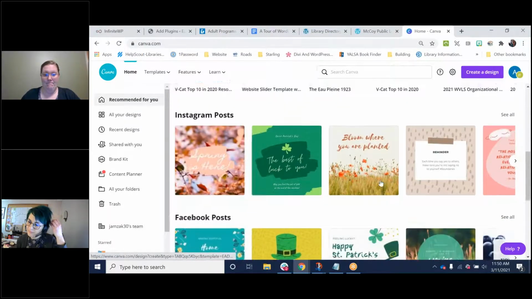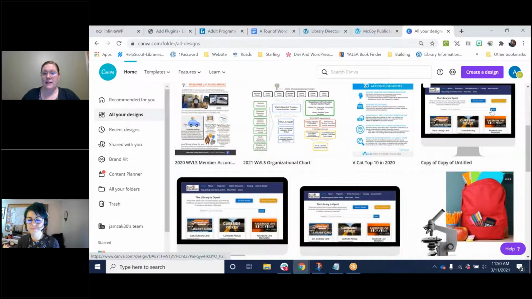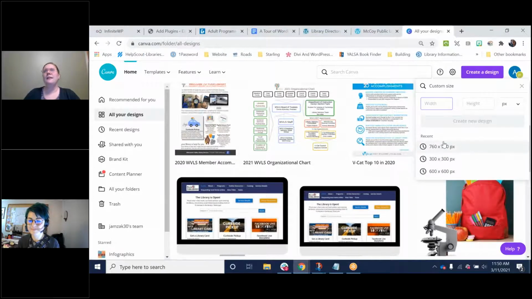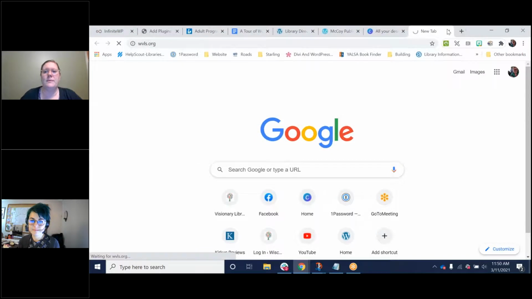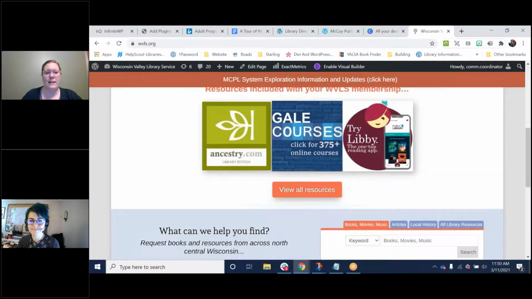All the time, I make custom sized images in Canva by clicking Create a Design and Custom Size and choosing a size that I would guesstimate to be good for the website. On a lot of the websites that I service, the general blurb size is 300 by 300.